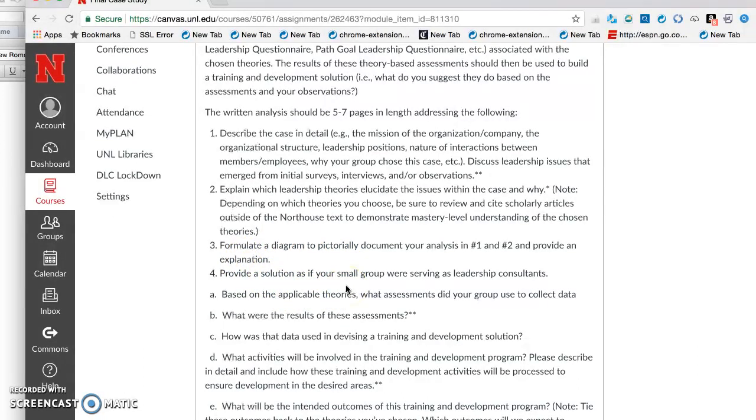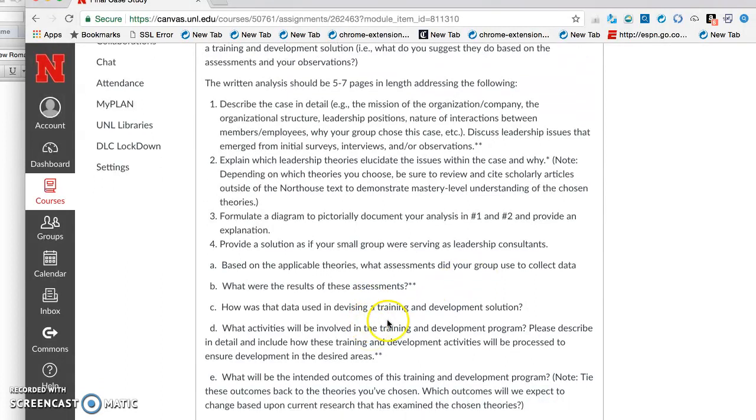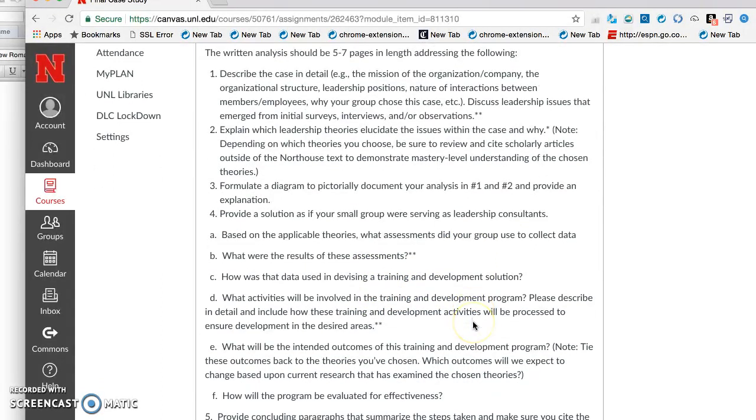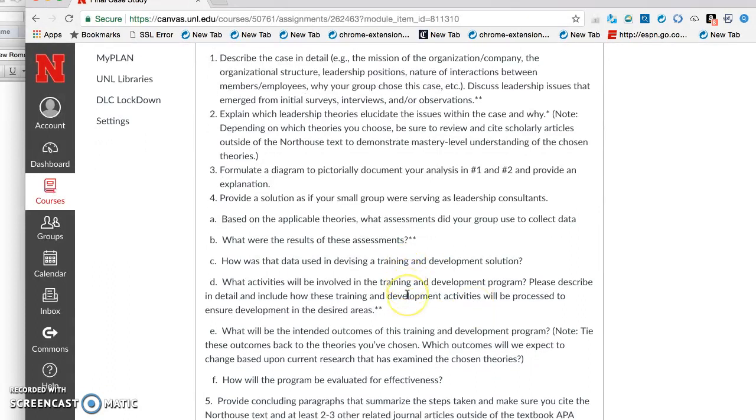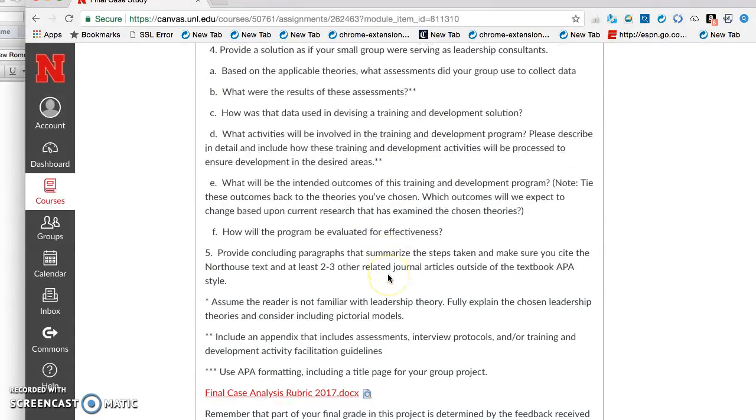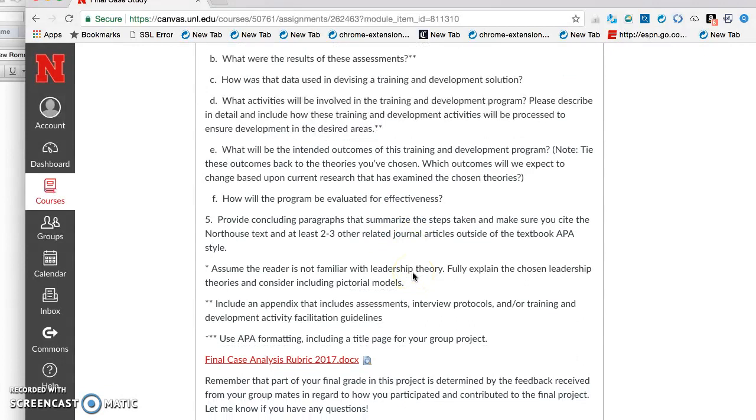Again, your small group is going to function as a group of leadership consultants. And based upon what you've observed and your interviews, and then the leadership theory you've chosen with the assessment tool, and now you're giving them that assessment tool which collects some data and helps you evaluate what's going on, you're going to devise a training and development solution, including the activities, the outcomes, and how you will evaluate it. So again,